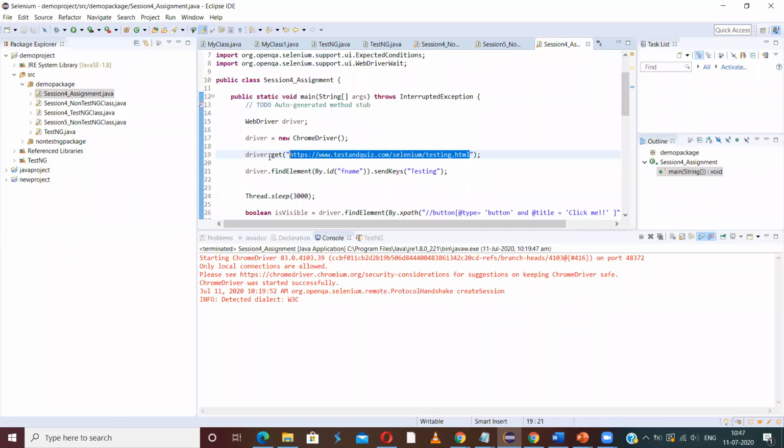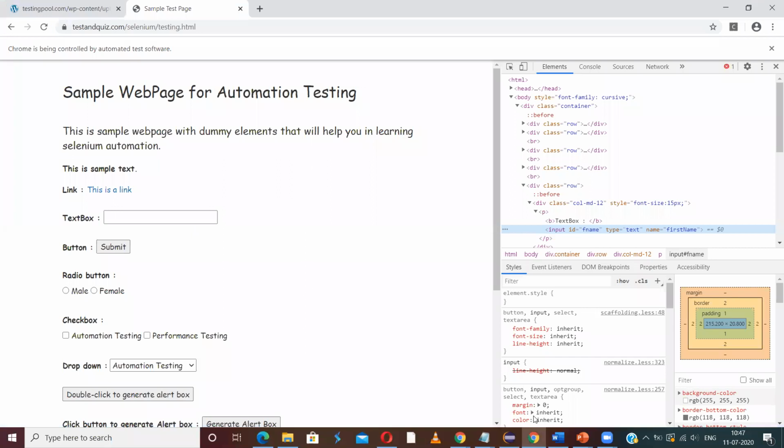First, we have to open the browser, enter the URL in the browser and get the website loaded. And after that, we need to locate the element in which we want to enter the text. So this is the locator. This is the web element, and the ID of this web element is fname.